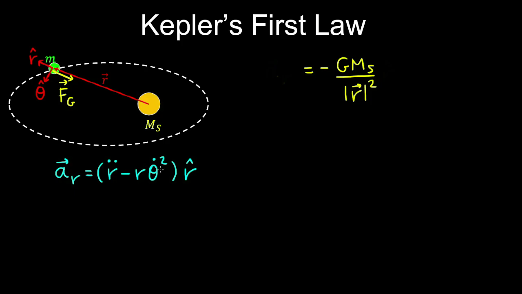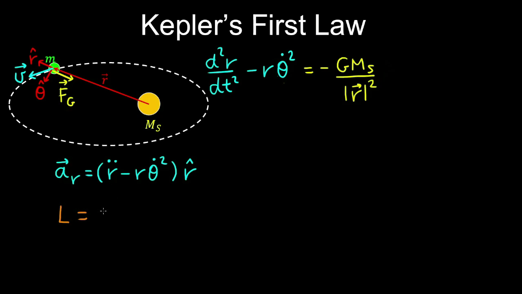So we have the component of a_r as the second derivative of r with respect to time, minus r times the square of the angular velocity. And using the magnitude of the angular momentum, which we showed is constant throughout the motion, and noting the velocity vector is tangent to the path,